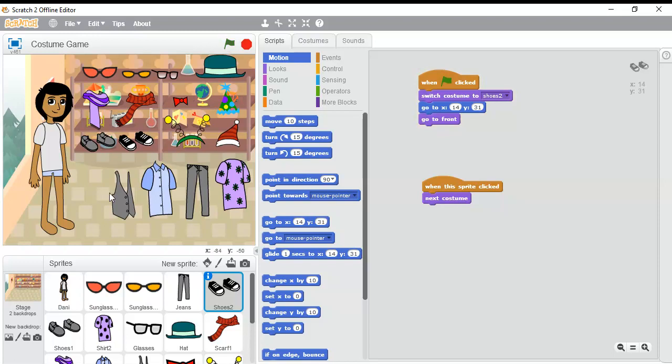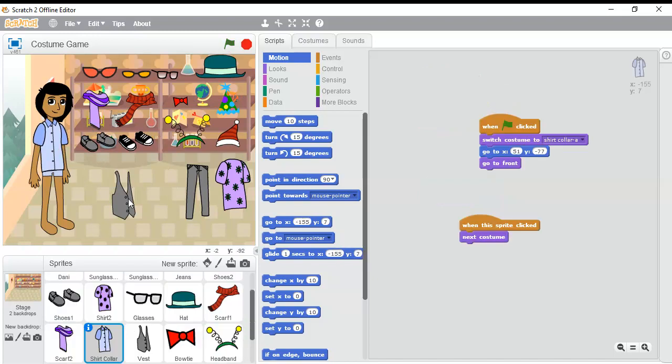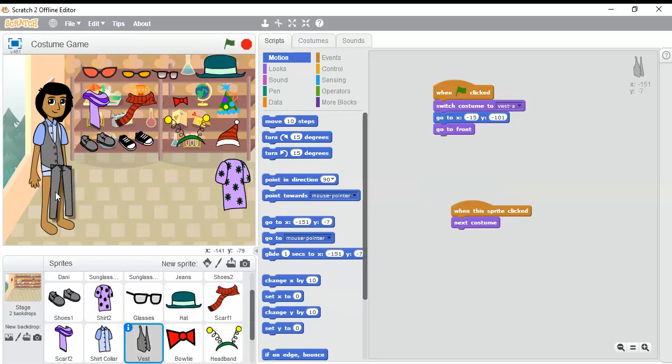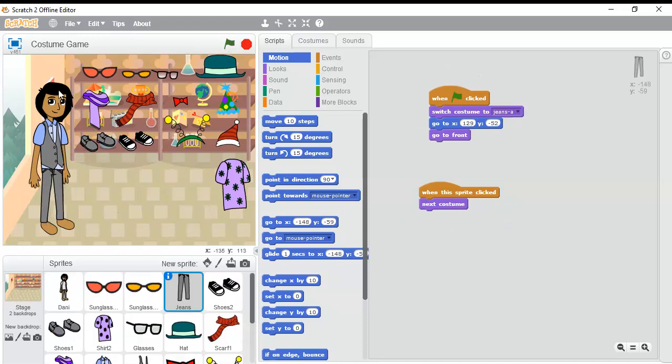Okay, now here I can drag any cloth and keep it on this boy like this, and then I could take this and keep it right here. I can also drag these jeans now. Right, now I can change the character standing right here. I can take it to a girl or a boy with a different hairstyle,